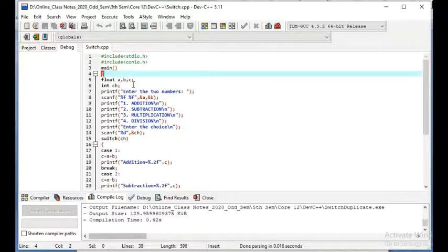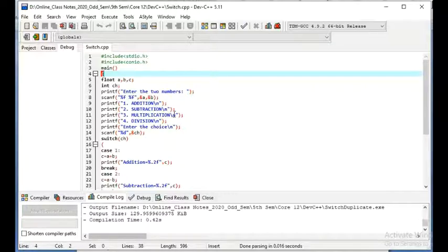First let us see the options of what we are going to do in this program. We can choose any of these four options, where the first option is addition, the second option is subtraction, the third option is multiplication, and the fourth option is division. If we want addition of two numbers, we can choose the first option. If we want the subtraction of the second number from the first number, we can use the second option, that is subtraction. If we want the multiplication of these two numbers, we can choose the multiplication option.